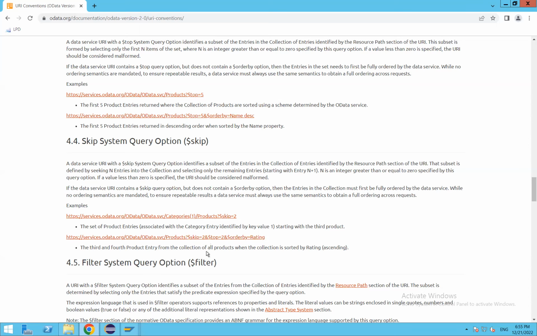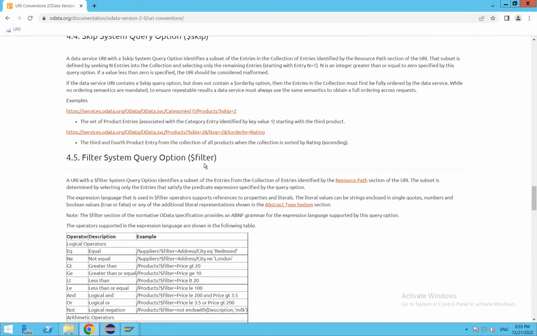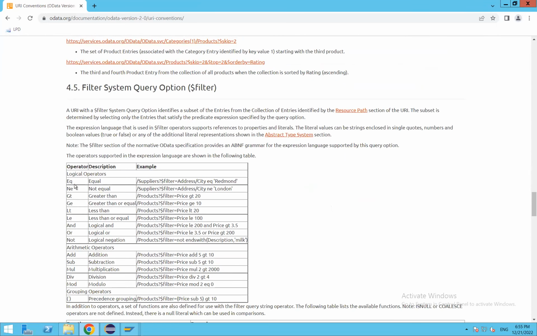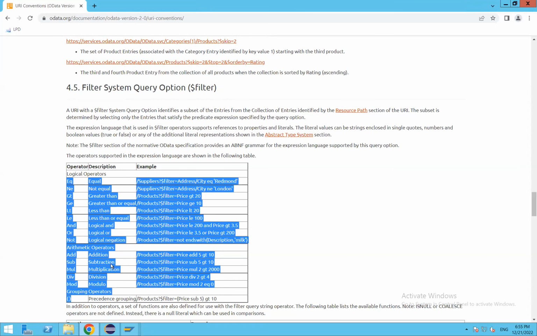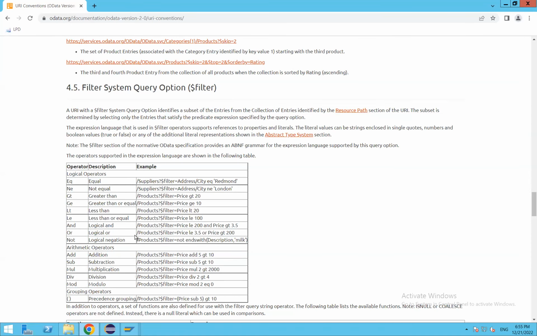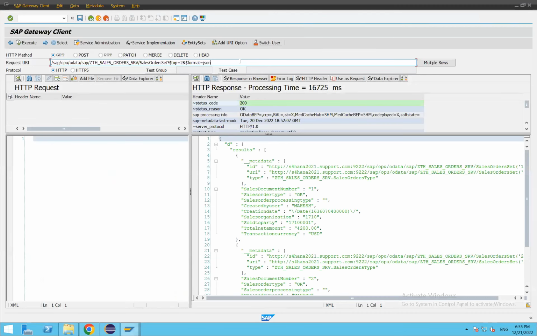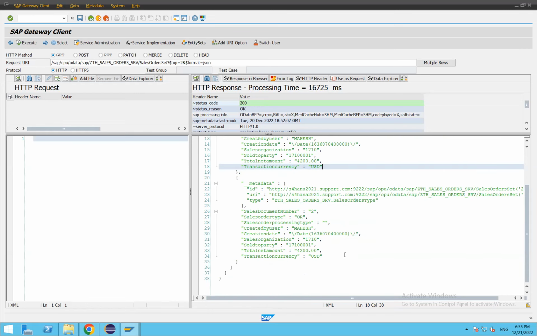For all these operations, if you see here again, filter. So the filter operation is going to be this one. In our point of view, it's going to be a range table. So we will be giving those filter conditions in the URI itself. When I mention URI, it's going to be this part, the URL part. So in the URI, we will be mentioning $filter. So for example, if I want to mention some filter, created by user is USD,